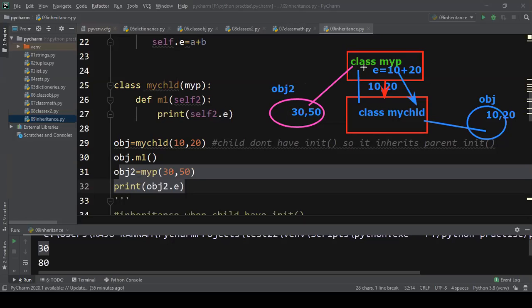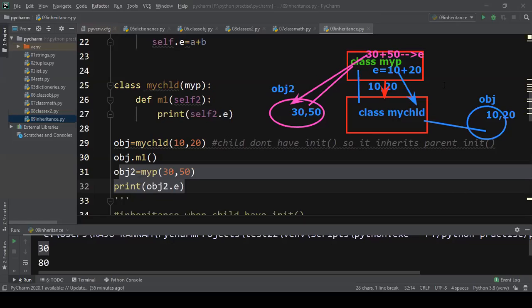Both are taken and added. It will perform 30 plus 50, which gets stored in E. Then that result will be given back to this object. So by using that E, object2.e, we are printing the result 80.